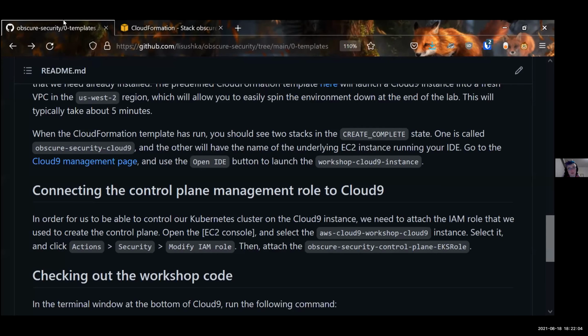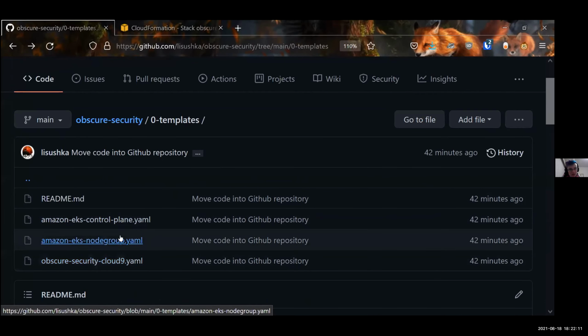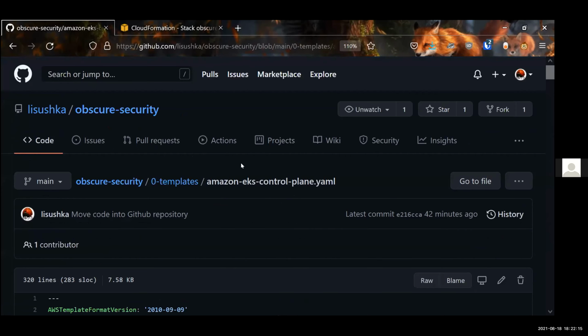But while we've got this going, we can have a look at what it is that we're deploying. So if we open up the EKS control,